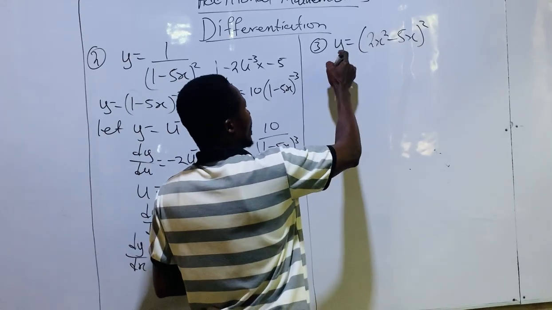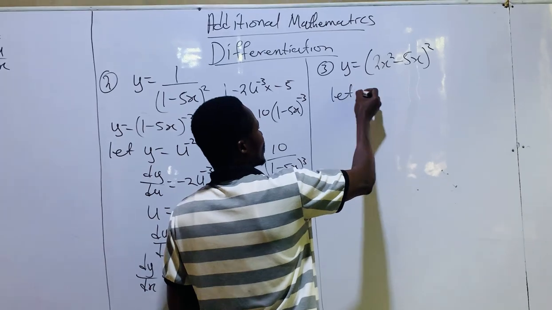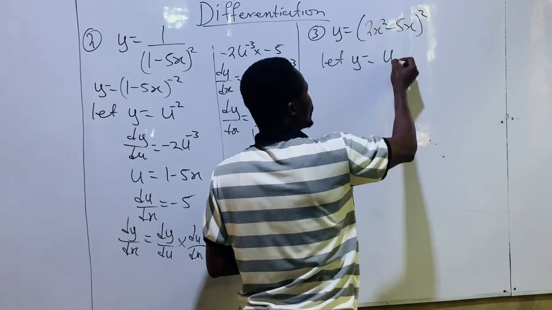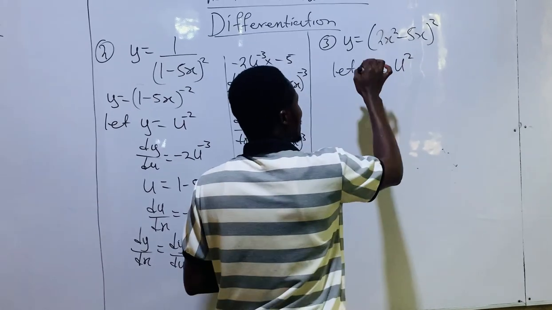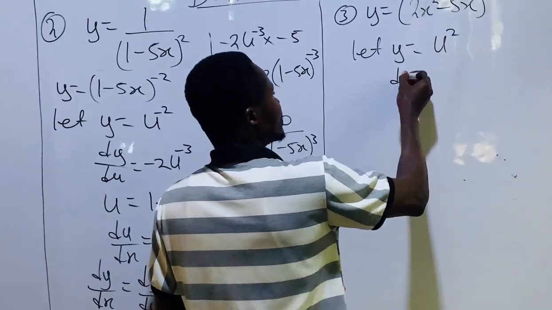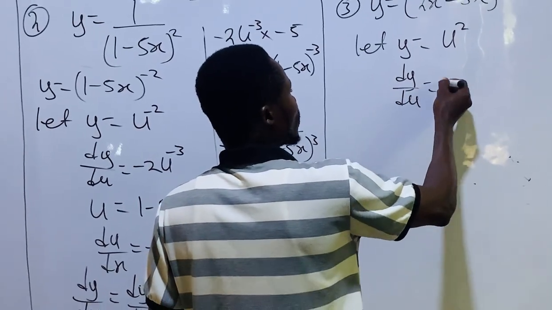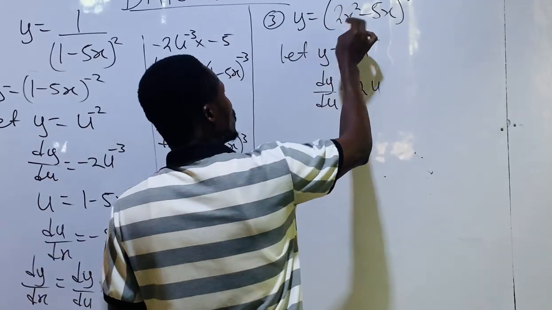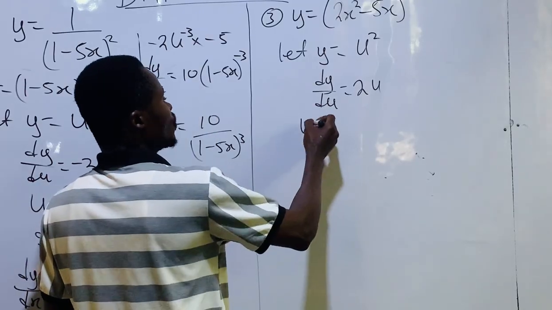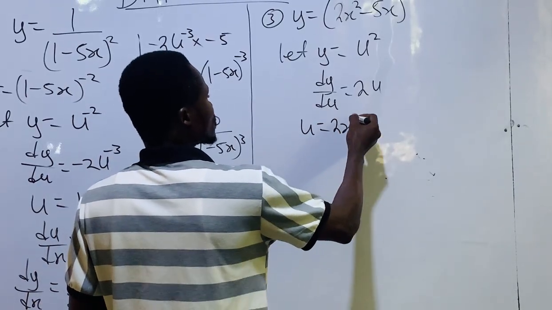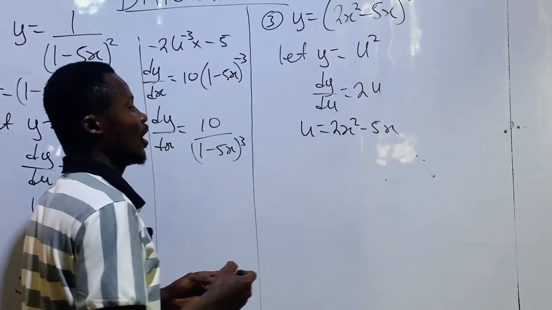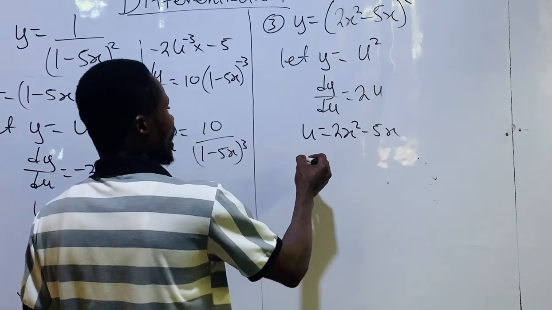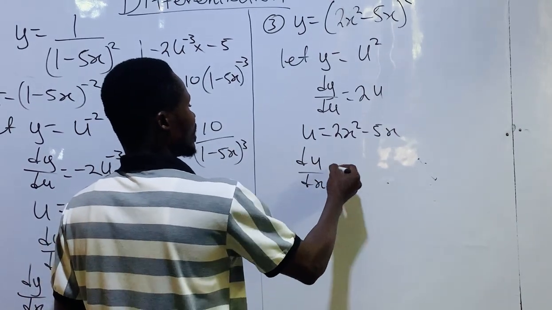We know, let y equal to the u raised to the power 2. So we differentiate y with respect to u. We will get dy over du equal to 2u. Now the next thing is we have to pick our u over here. So our u equal to 2x squared minus 5x. Now we have to differentiate this with respect to x. So we have du over dx equal to